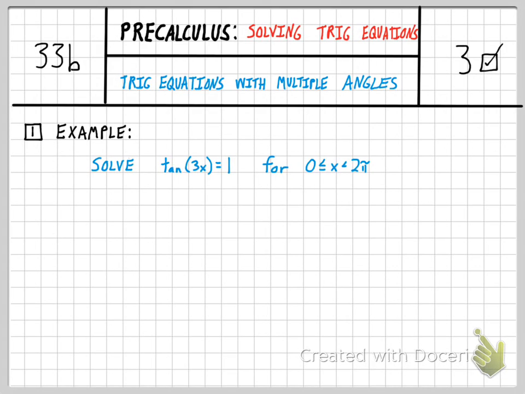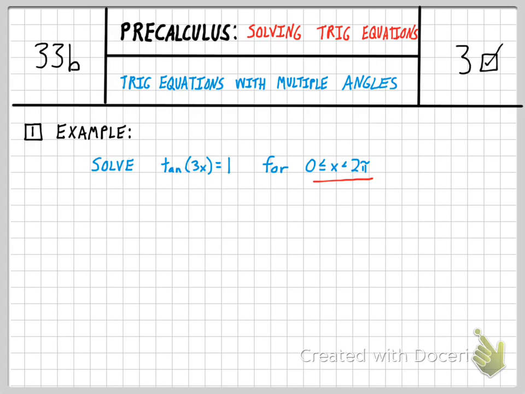This is Precalculus Concept 33b, solving trig equations that have multiple angles. Again, we're going to start off with an example here. Our goal is to figure out all solutions between 0 and 2 pi such that the tangent of 3x equals